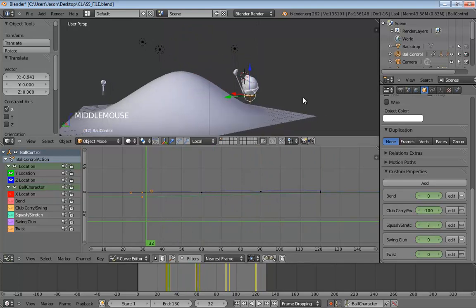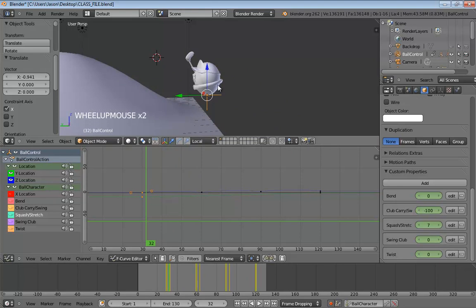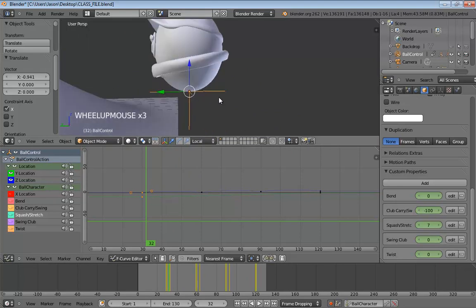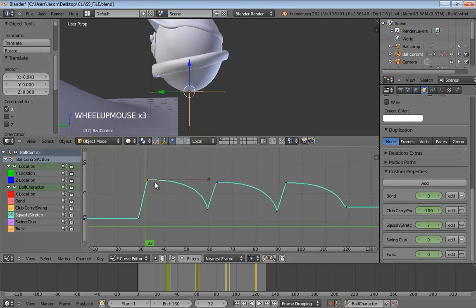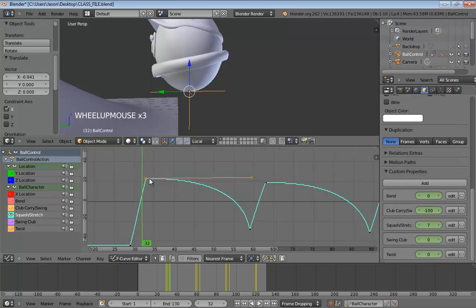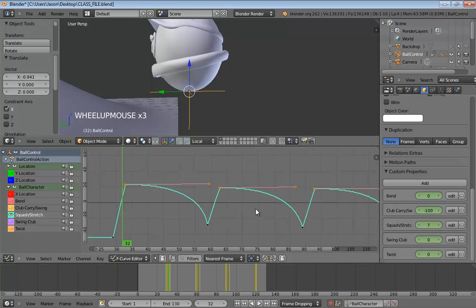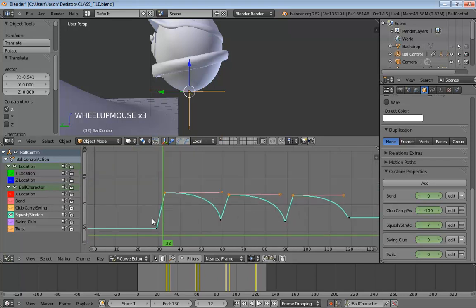The only thing I might do if I was going to tweak this out, and tweaking is not something I'm going to spend a ton of time on in this video, is maybe take these guys and nudge them back one more frame. So he seems to kind of kick out a little bit faster. But again, it's kind of hard to say if that's going to help too much without doing a quick